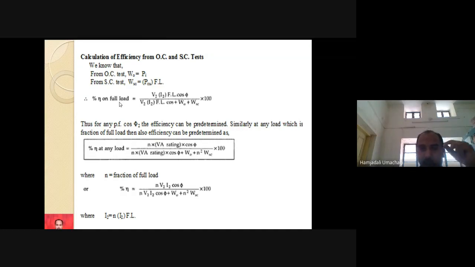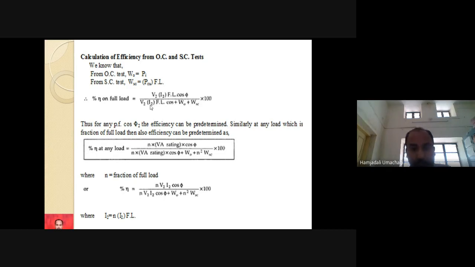Full load condition means you should allow your transformer to carry full load current. I have given the example of a 1 kVA transformer. 1 kVA means 1000 VA, divided by 230 volts, so your transformer should carry 4.3 amperes. Just for your understanding, I have taken that example. Similarly, transformers will be of different KVA ratings. Based on that, you need to calculate the full load current, and that much current you have to allow your transformer to carry.